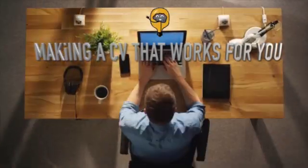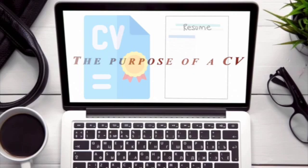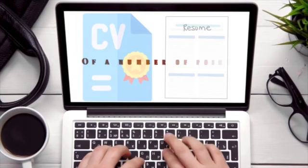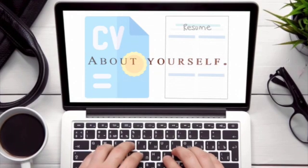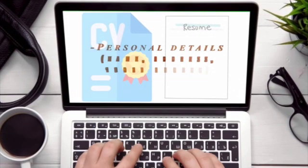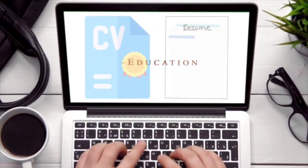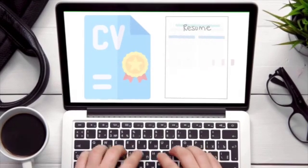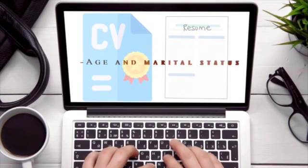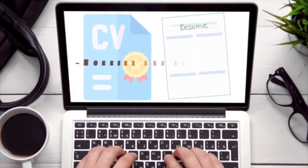Making a CV that works for you. The purpose of a CV is to inform the reader of a number of points about yourself. This usually includes personal details, name, address, phone number, education, training received, work history, skills you possess, age and marital status, addresses of where you worked, hobbies and interests,